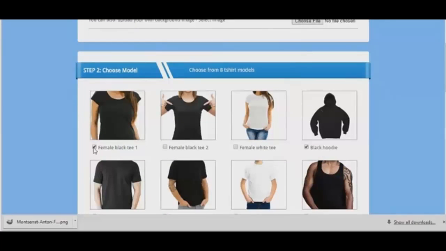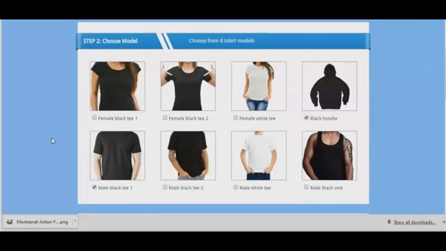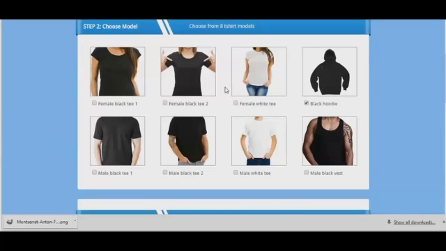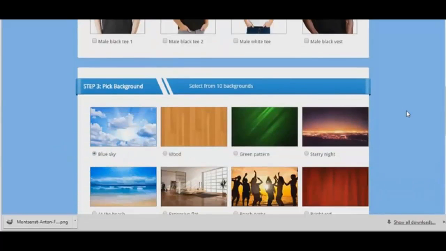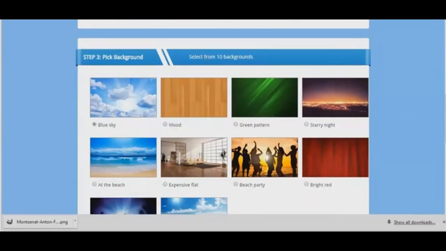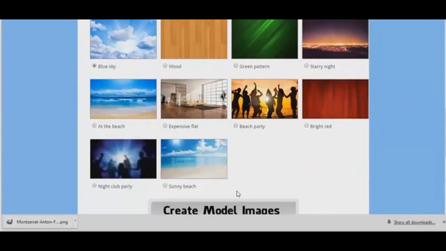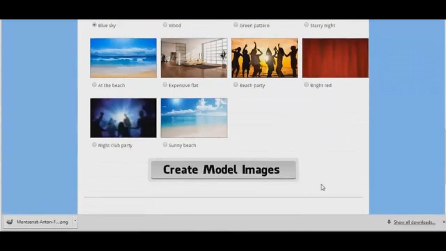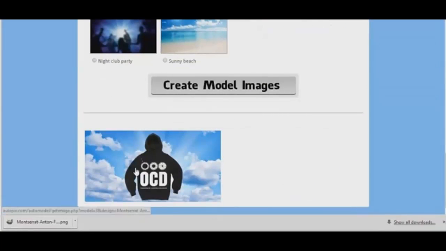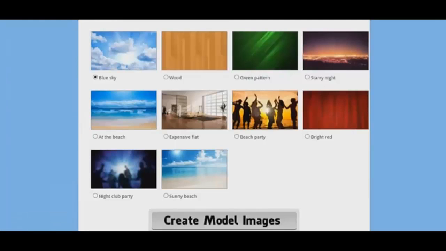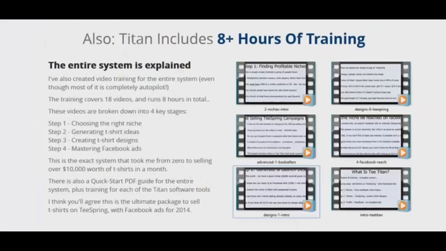Then we choose from different models. So we've got black tees, white tees, female, male, all different styles. For now I'm just going to choose the black hoodie one, and then we can just choose our background color, which in this case I'm just going to go with the blue sky. Click on create model images, and as you can see, very simply, the image that is generated is a picture of our design on the front of a t-shirt, or in this case a hoodie,